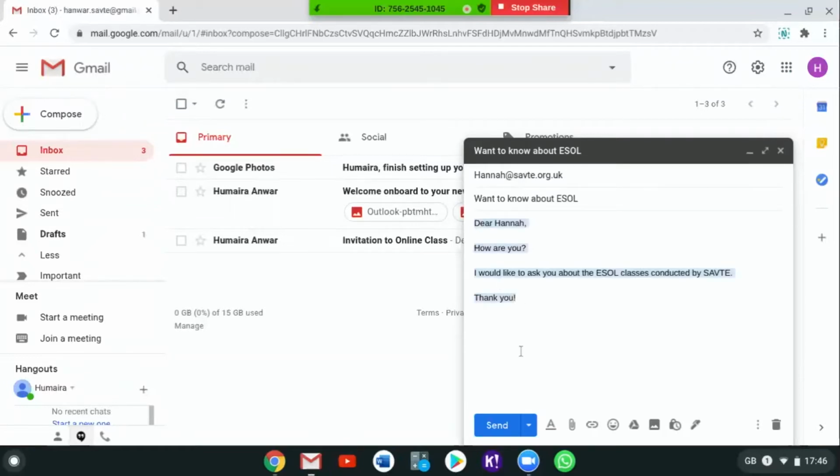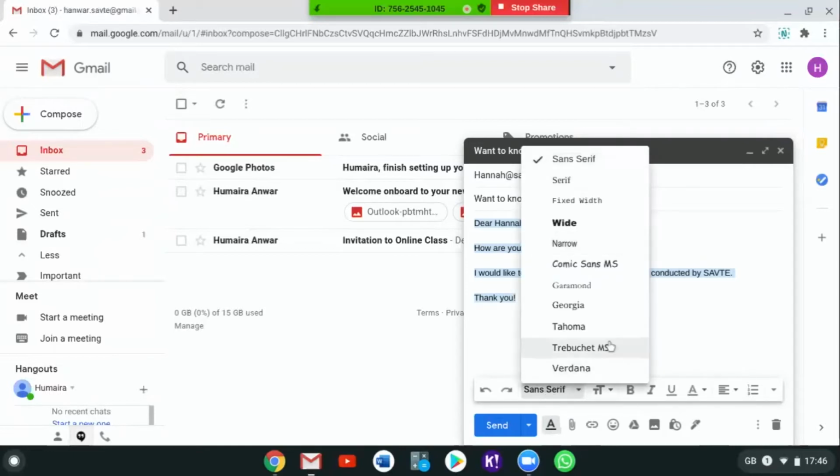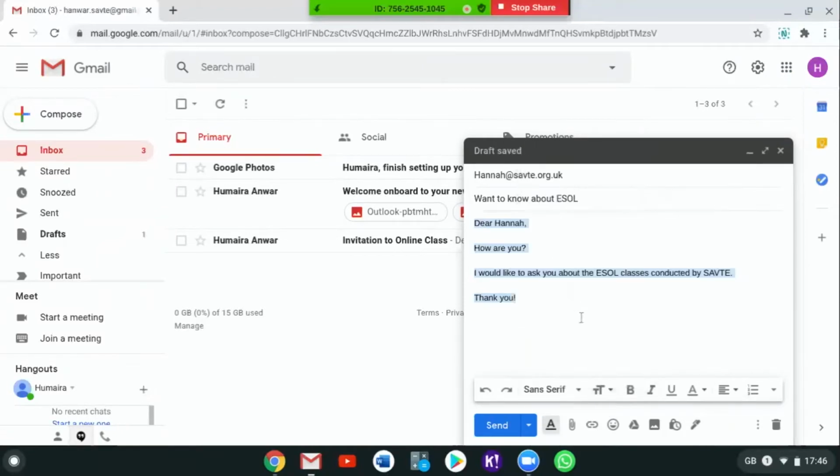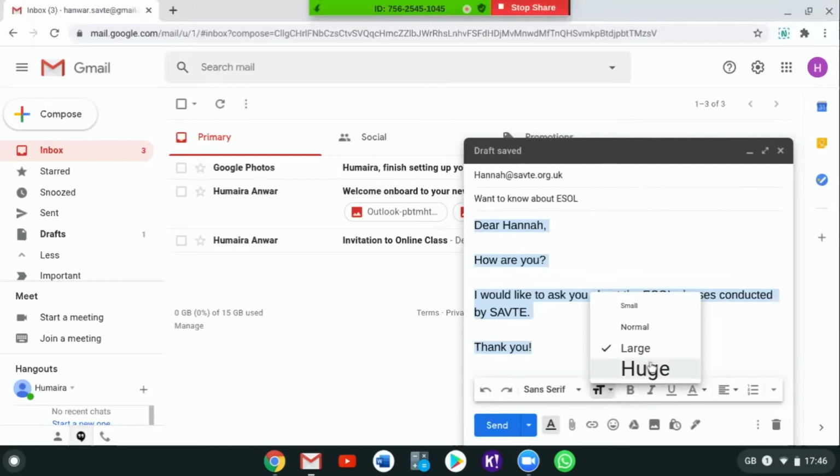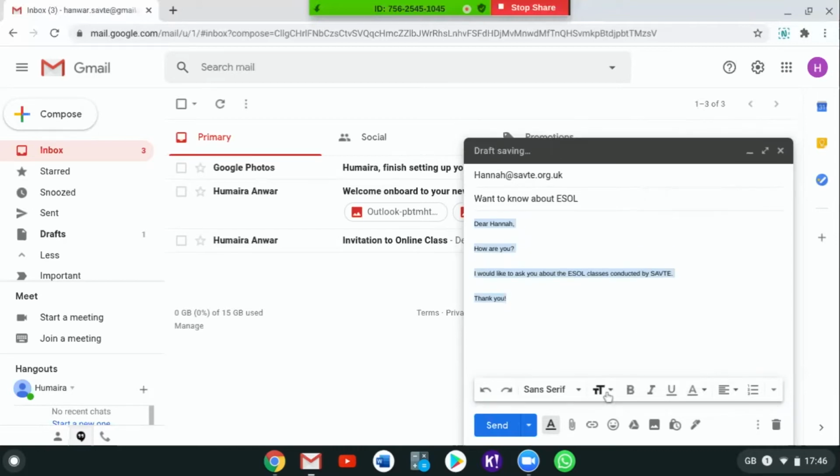You can change the look of your text by selecting it and going into the options mentioned below. For example, if I click on this option, I can change the writing style of the text which I have written in my email. If I choose a different font, it changes the writing style. I can get it back by choosing again. I can also change the size of my text. These are multiple options that I could use in my email to make it look more attractive.